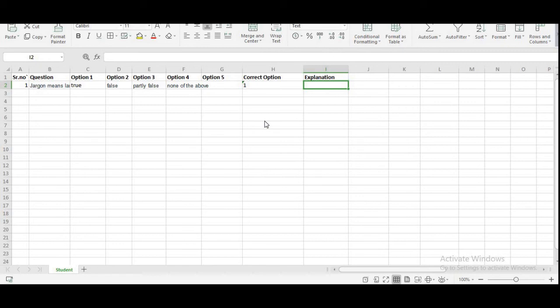Make sure you do not delete any columns from your template. Write a single question in a single line, and compulsory fields are question, at least two options, and the correct option. Here you can type the questions which are in text format and save the file.